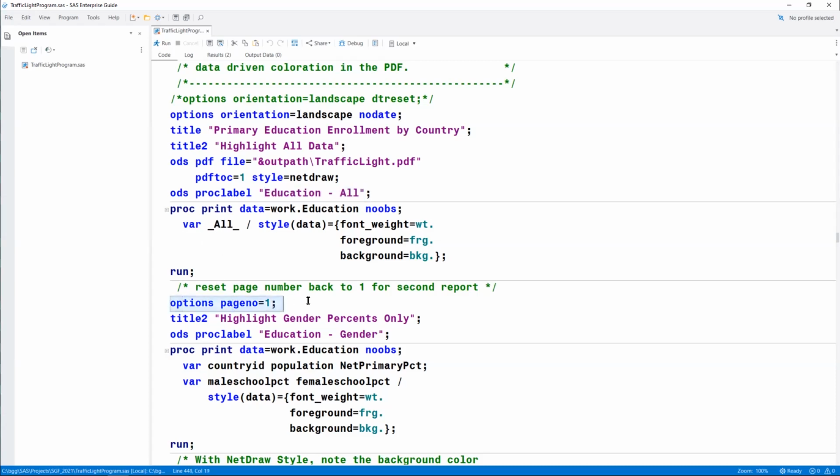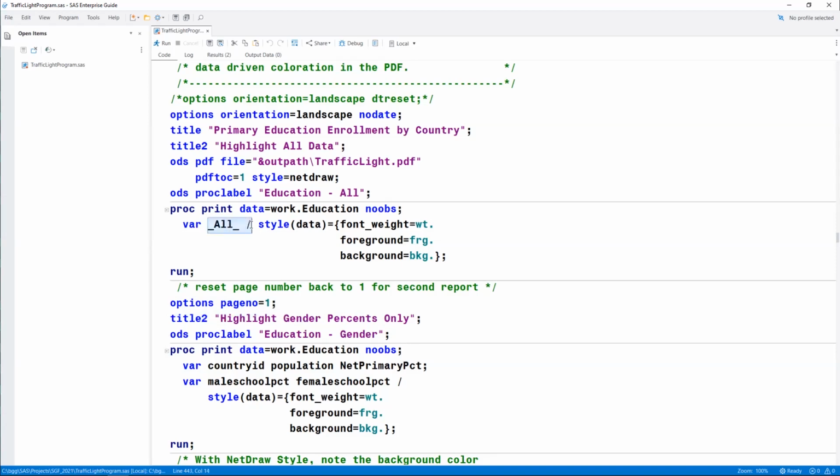Then I'm going to reset the page number back to 1 because I'm generating a new report. And if I don't do that, by default, SAS just keeps adding page numbers with all new output. So I'm resetting the page number to 1, setting a new title 2, and setting a new proc label for the second report that I'm going to generate.